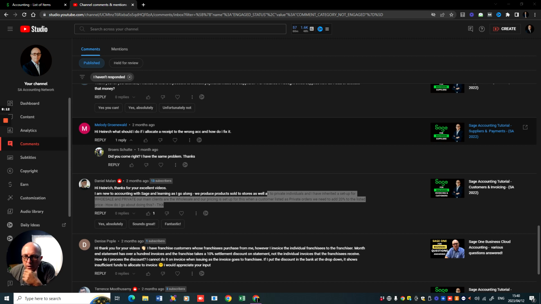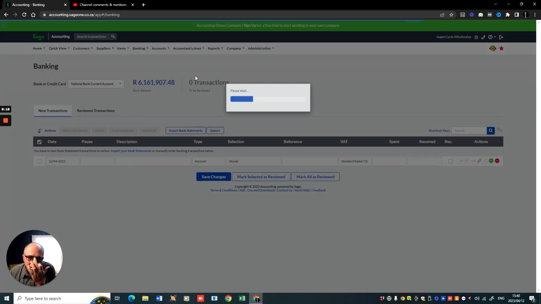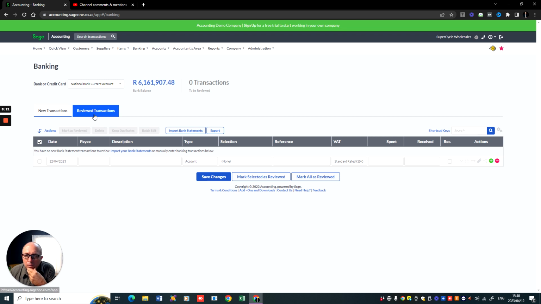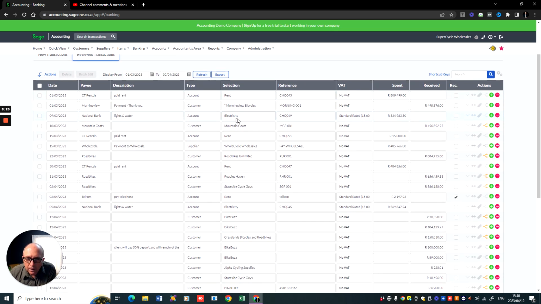So if you allocate the receipt to the wrong account, how do you fix it? Normally, if you're inside the banking screen, let's say for instance you allocated a payment. Let's quickly see if I can find the payment that you allocated against a specific account. You can then just go to the drop down and change the account itself if there was maybe telephone instead of that. If you allocated to the wrong supplier, then you can just choose the different supplier where it's supposed to be,